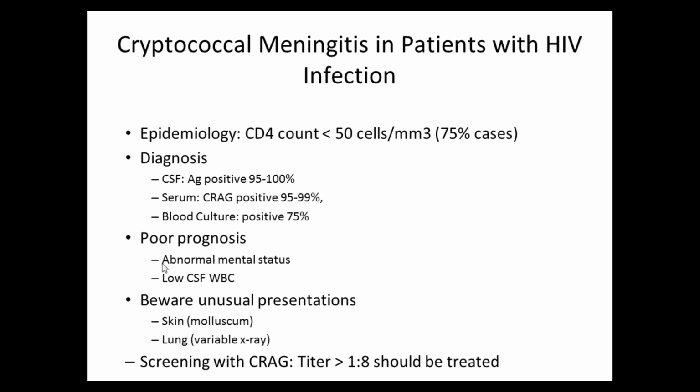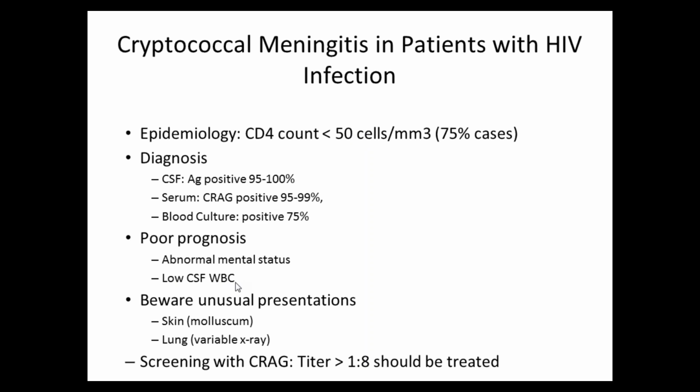One of the things that is a poor prognosis is they have a poor mental status and a low white blood cell count. Now, how can you have a poor mental status and a low white blood cell count? There's a very important thing to realize, is that their immune system, their CD4 count, is so bad they can't mount an immune response. And what's white cells in the CSF? That's an immune response. So normally we would say low white blood cell count is normal. In an HIV positive patient with a low CD4 count, low white blood cell count does not rule out any